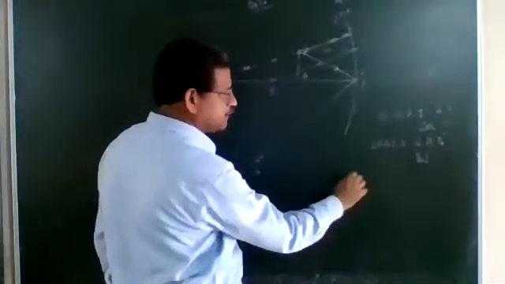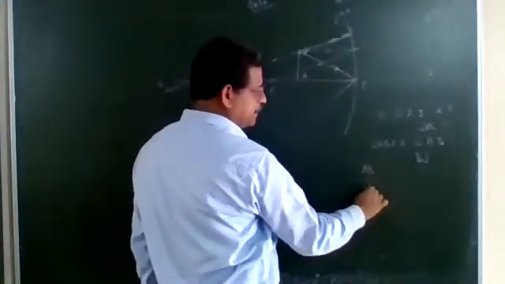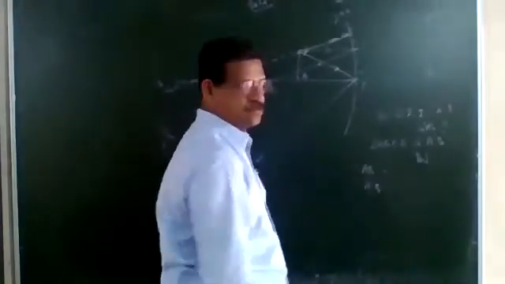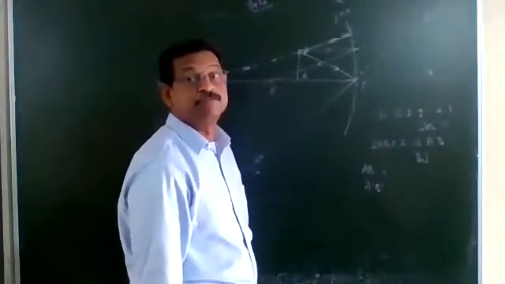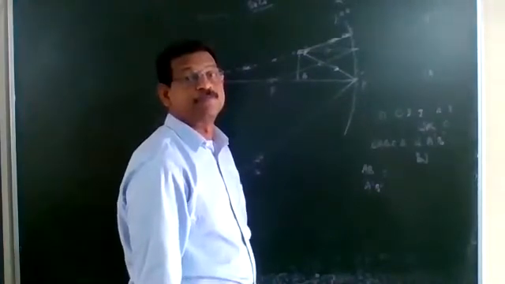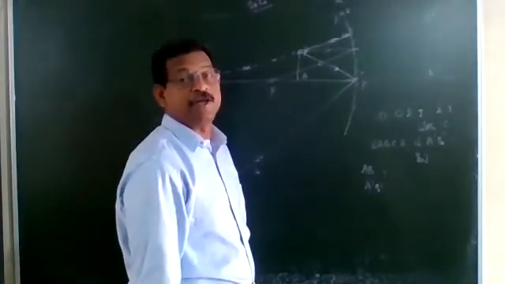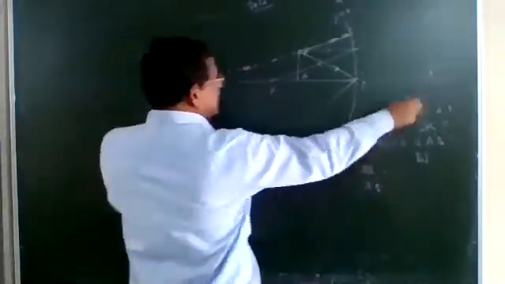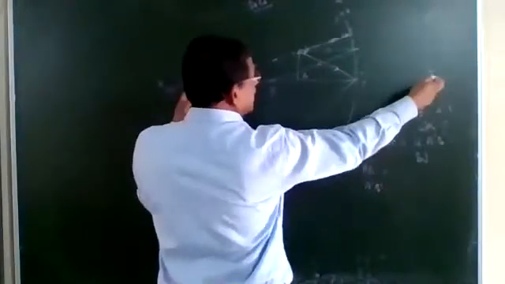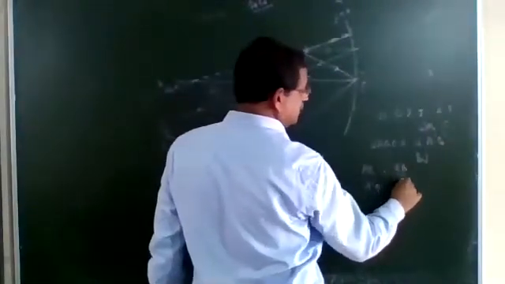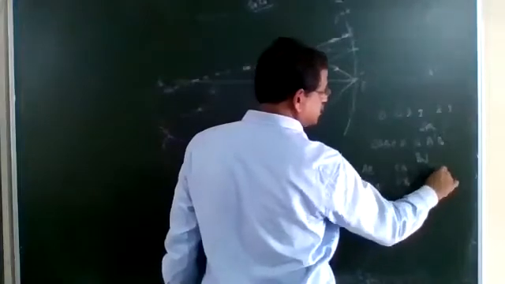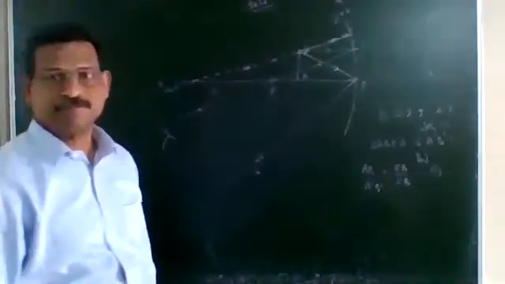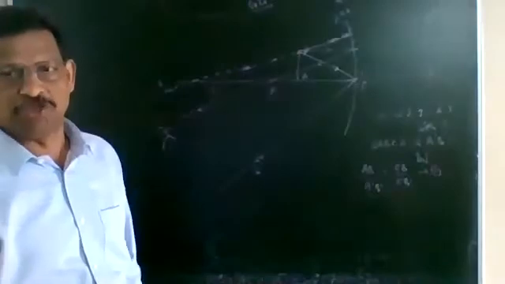So what is the equation? AB divided by A dash B dash equals the ratio of the corresponding sides, CB divided by CB dash. CB divided by CB dash. There is no change. The values when substituted, then there will be a change.